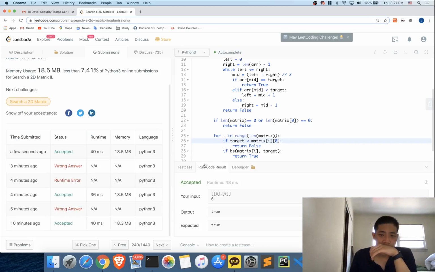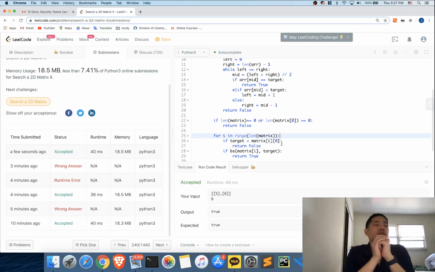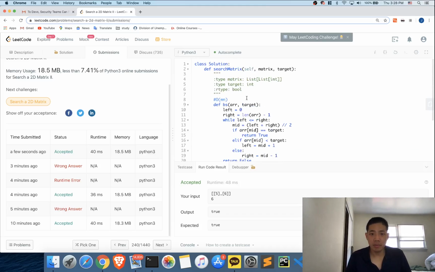So it's not as fast, but to actually have the other thing, you can just check if the target is in that row or not. So this was the slightly better solution, which would be not O of mn, but it would be